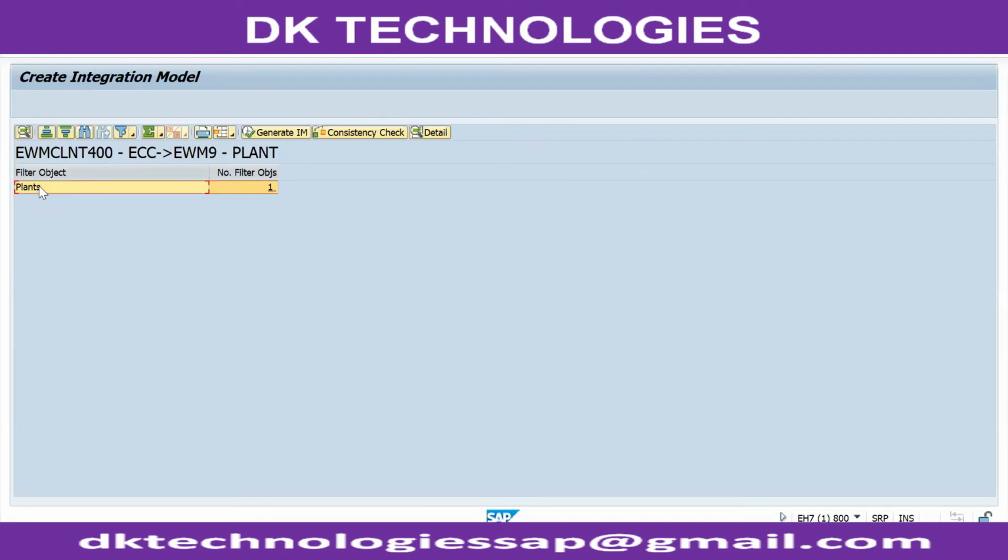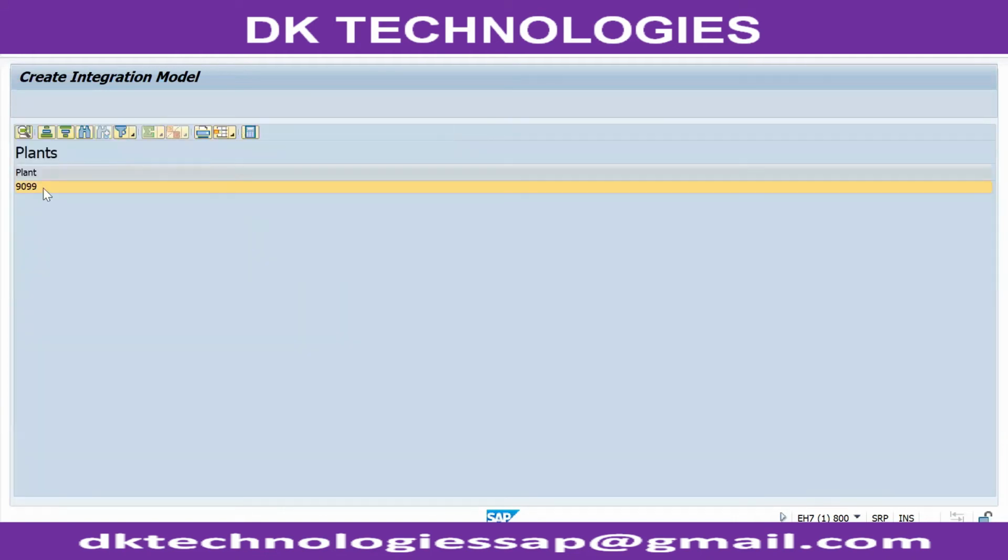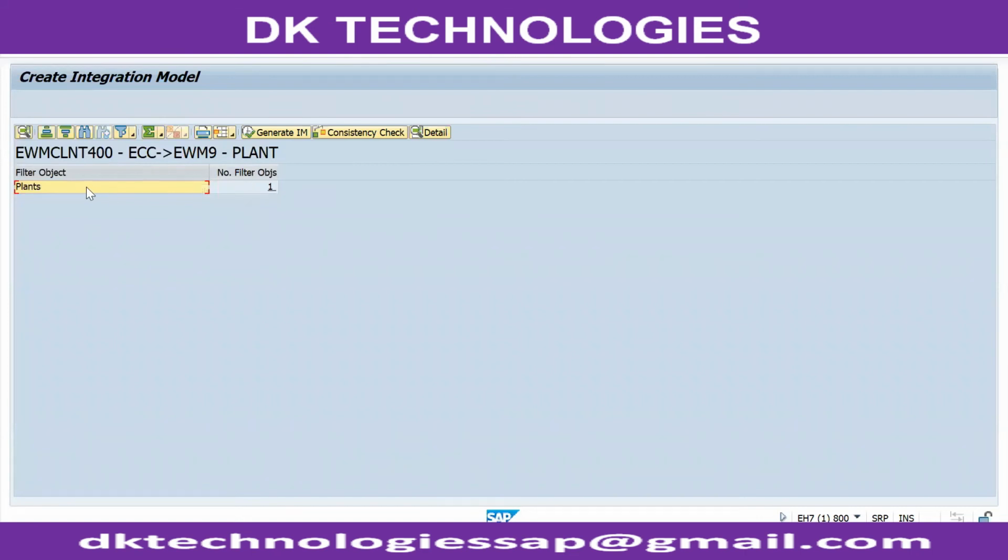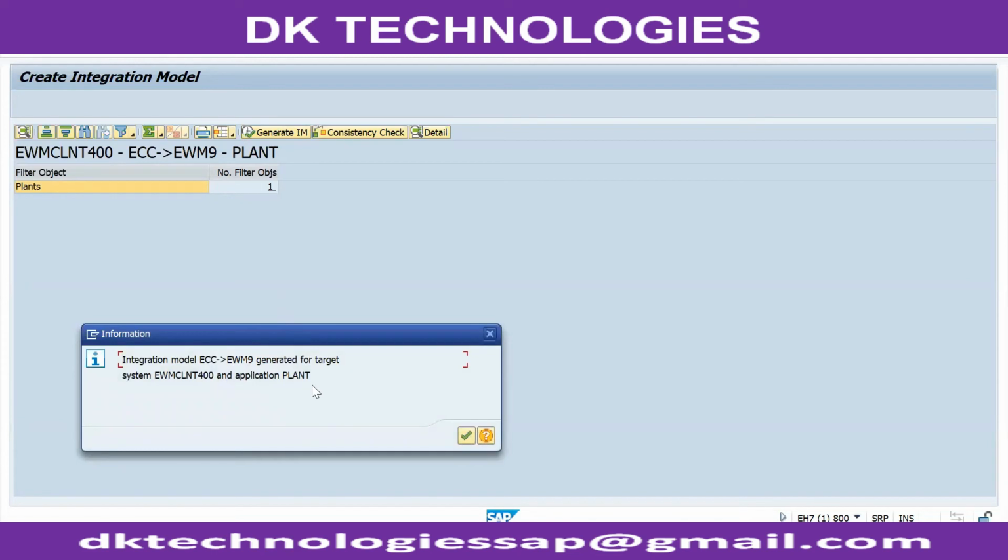Now the plant will be there in this package. What will be there in this package? It will show one object, which is the plant. Only one plant is there. Then generate integration model, from the system to the EWM application plant.